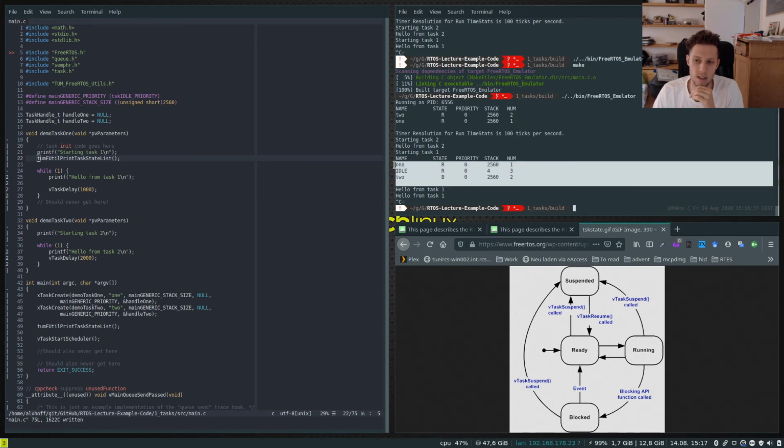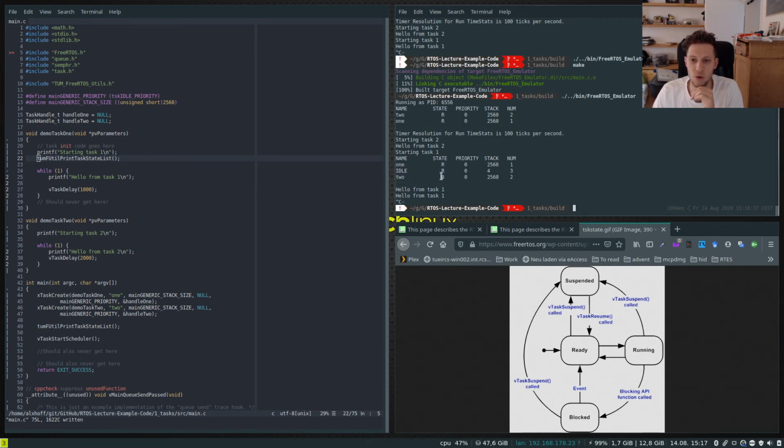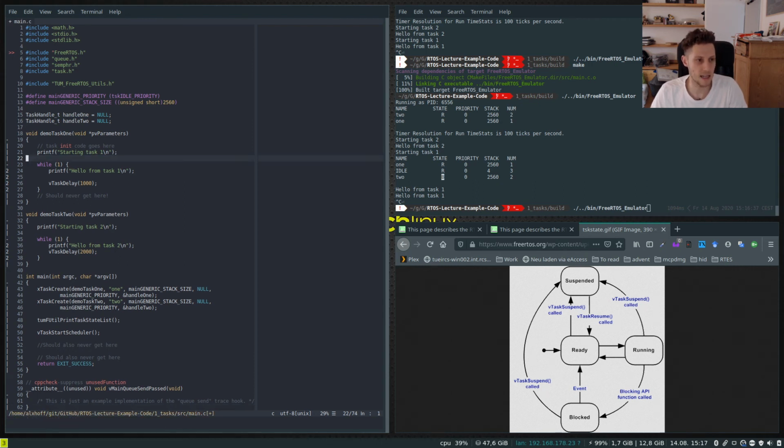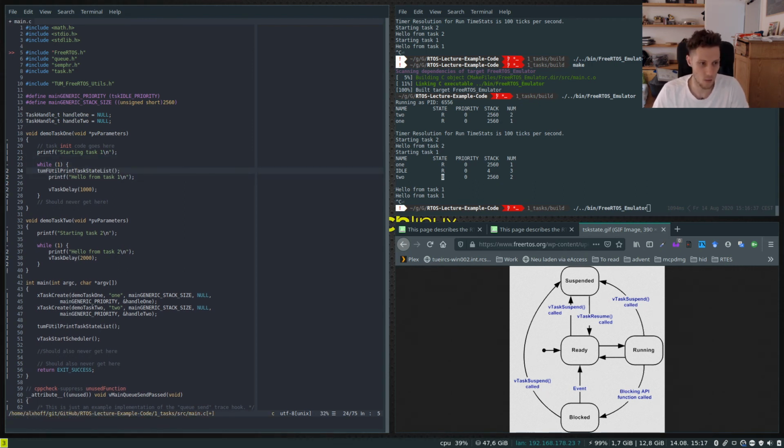And so we can see here we've got this extra task. Task 2 is in the blocked state because it's probably already hit hello from task 2. It has already executed this statement and has already hit vTaskDelay, which blocks it. And so we can actually see here that it's in the blocked state, right? So if we let this run a little bit further and put this, for instance, inside of task 1 so that it's run periodically,